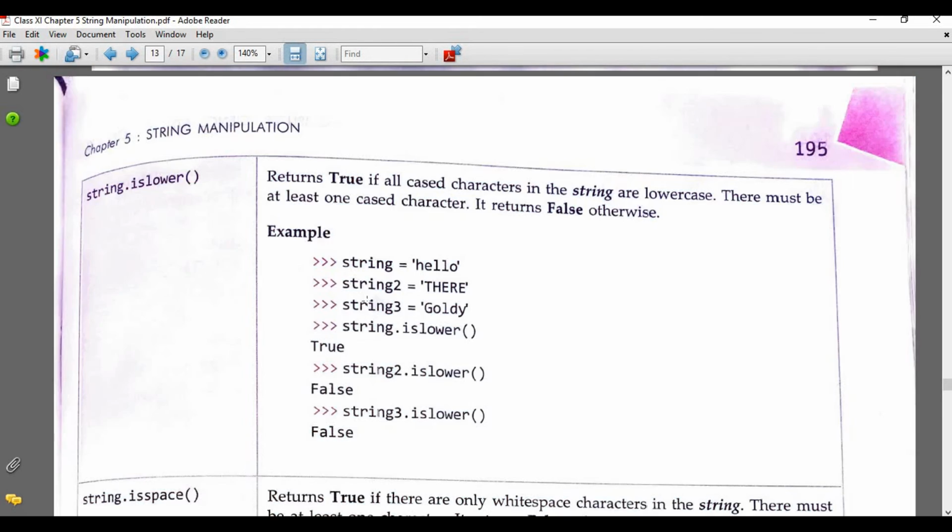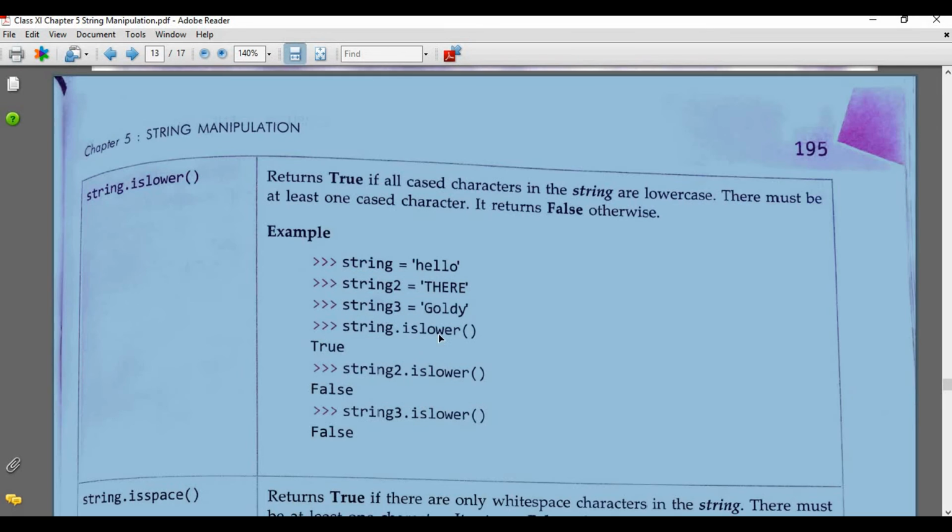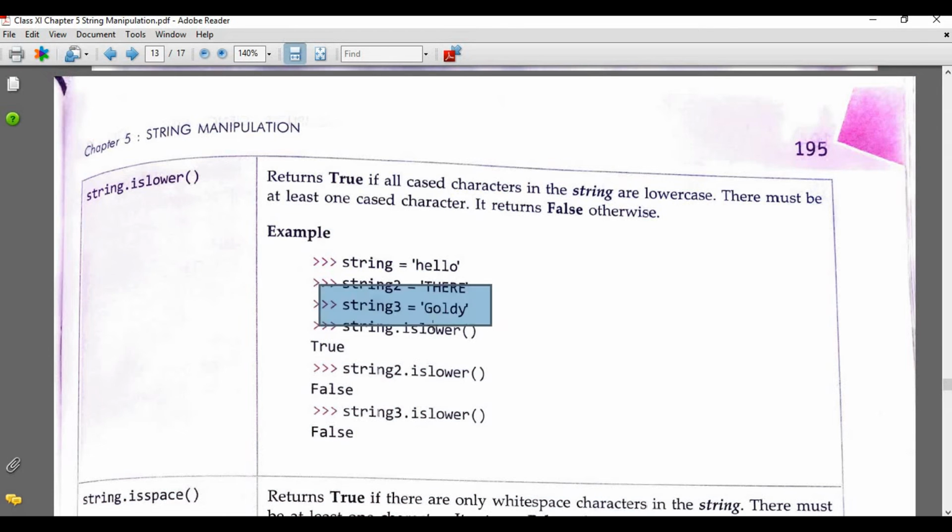Look at this. The first string value is hello, all in small letters. Then string 2: here all characters are in capital. String 3 is Goldie: here G is capital, and the remaining are small. Now check which is true or false.